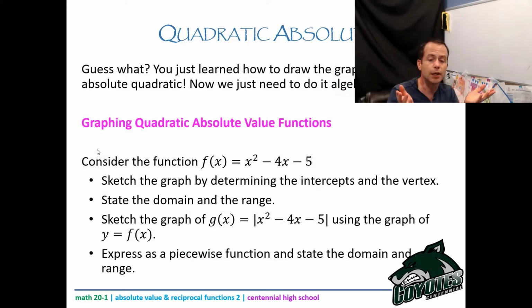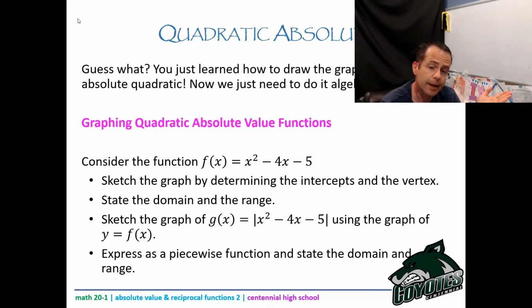We need to get the y-intercept. Well, in general form, that would be the constant term, right? Or we plug 0 in for x. Okay, so you already know how to do all of that. You're just going to do the same thing here and then take all your negatives and make them positive, and that's going to give you that cute little W shape, okay? I think in the video there, I just did several W's altogether, but that's okay. Okay, so